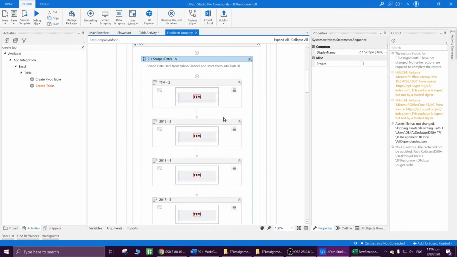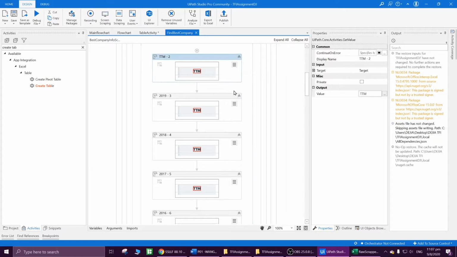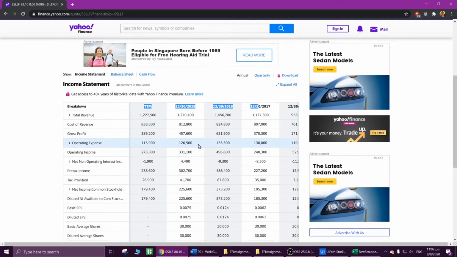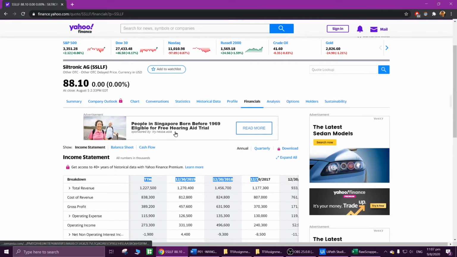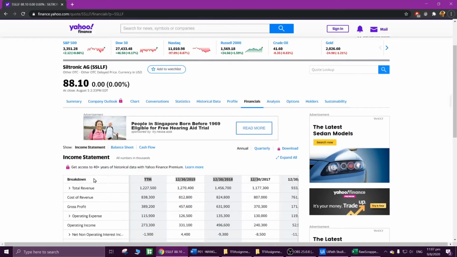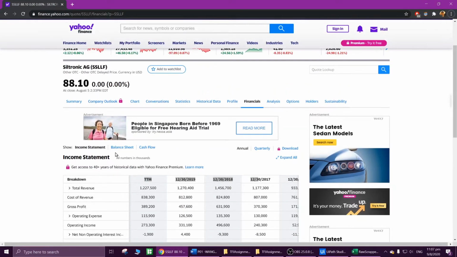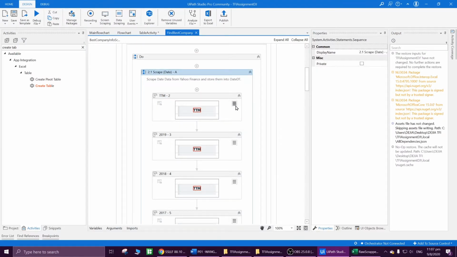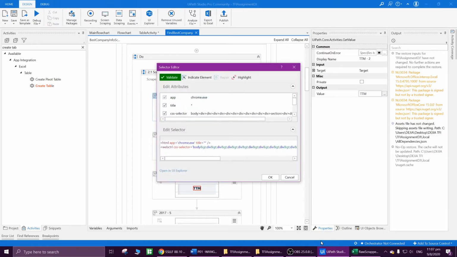The date is over here, and I'm basically using a get text activity. It's important to note one thing: my entire function was not a static thing. I'm not always going to go to the same company. What if the next day this company becomes the top dog? Then the selector element will actually differ. This is what I encountered during the making of my solution: their selector will always be anchored to